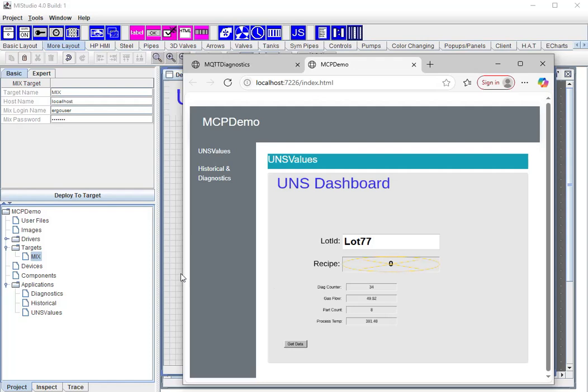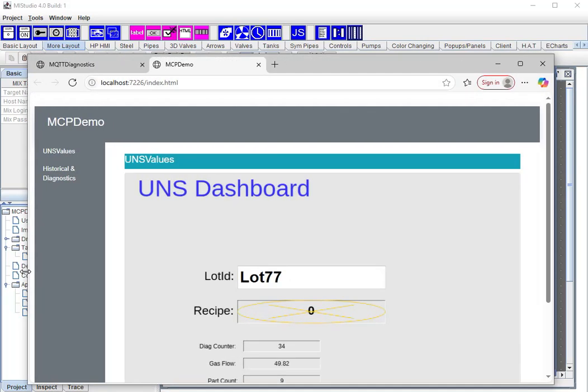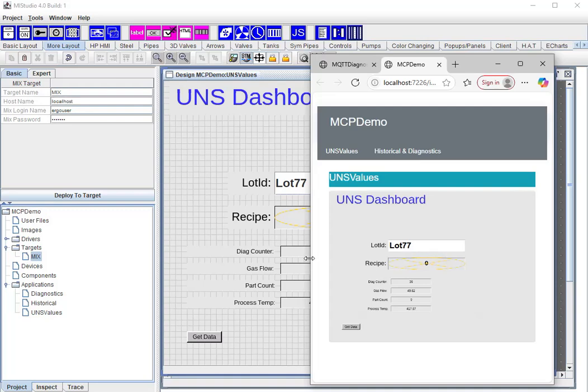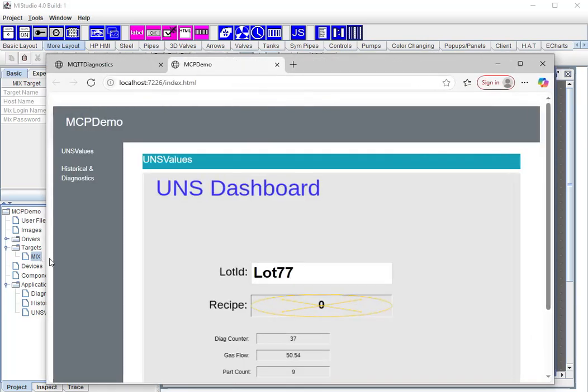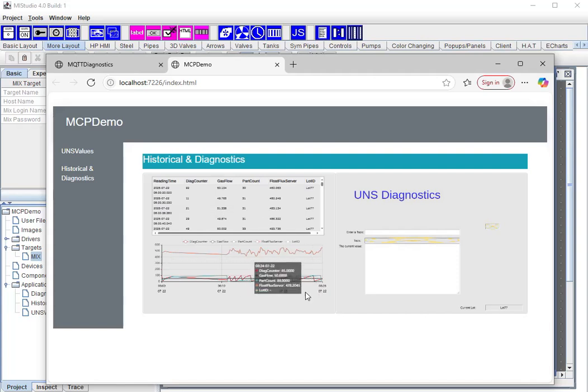And I did promise this is a responsive display, so you could look at this on your phone, you could look at this on a tablet, you can look at this anywhere. It's a high quality display, and this is the default deployment. Obviously, this is HTML. You could change the HTML to deploy anything you wanted to, but this is the default, and so I just have a menu down the side that corresponds to the applications I configured in my application and just shows those up in the web